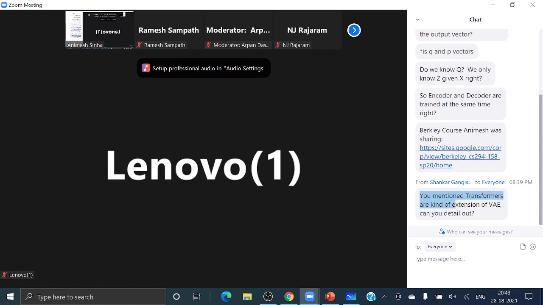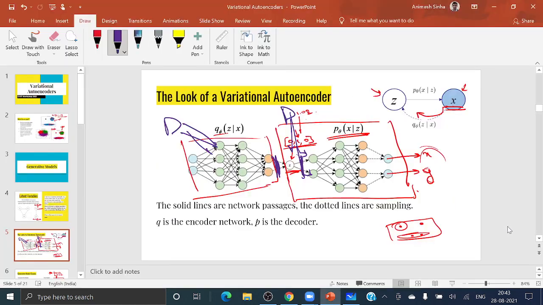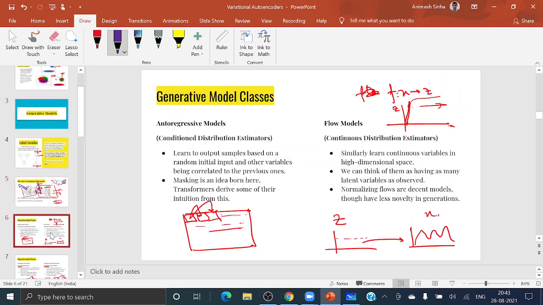So you mentioned transformers, extension of VAEs. No, I am not saying extension of VAEs. So I'll just try to answer that. The transformers were an extension of autoregressive models. One idea over here was that autoregressive models sampling one by one each of the pixels was getting very hard. If you have a 1 megapixel image, you will try to sample your neural network 10 to the power 6 times. So there were models like MADE, which said that,